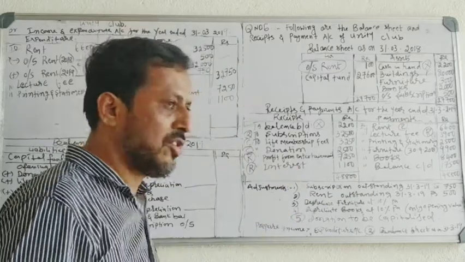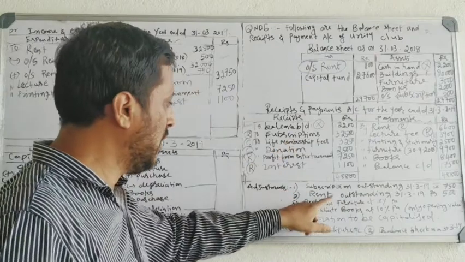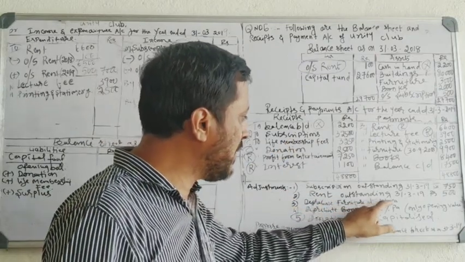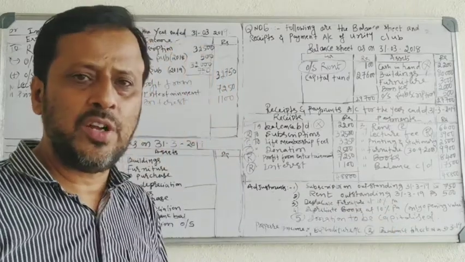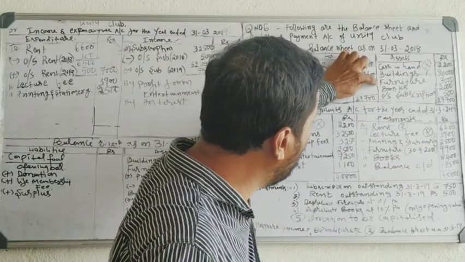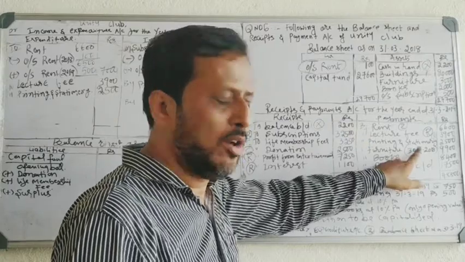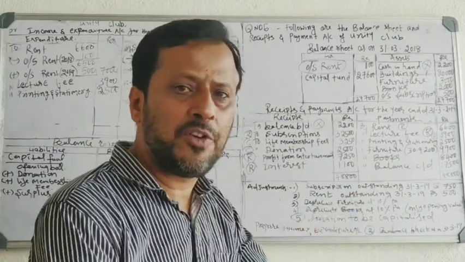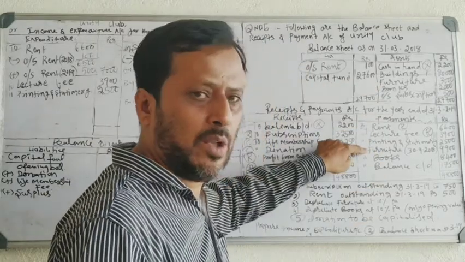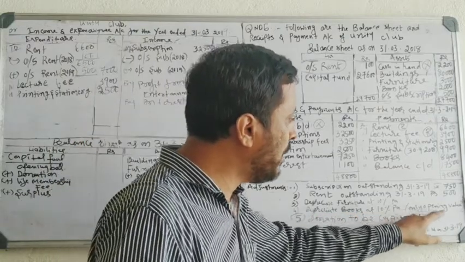Okay, go to the adjustments. Subscription outstanding, you have added, over. Rent outstanding, you have added, over. Depreciate furniture at 10% per annum. See, furniture depreciation is 10%. That means you have to take depreciation on opening value and also on additional value by taking the number of months. When it is simply given that depreciate furniture, you have to take the furniture on opening value as well as additional value. But depreciate books at 10% per annum, only opening value.